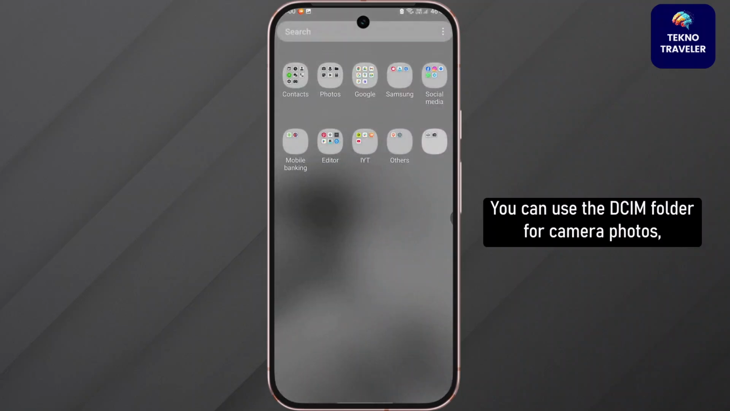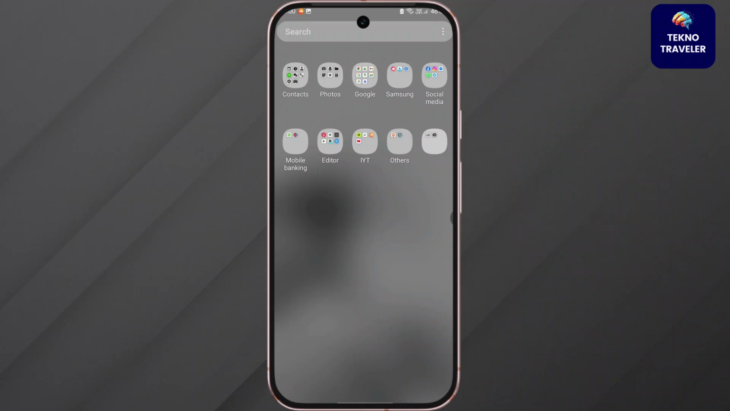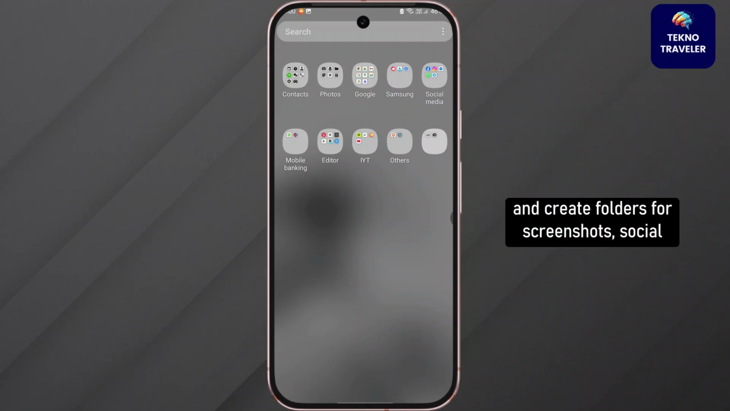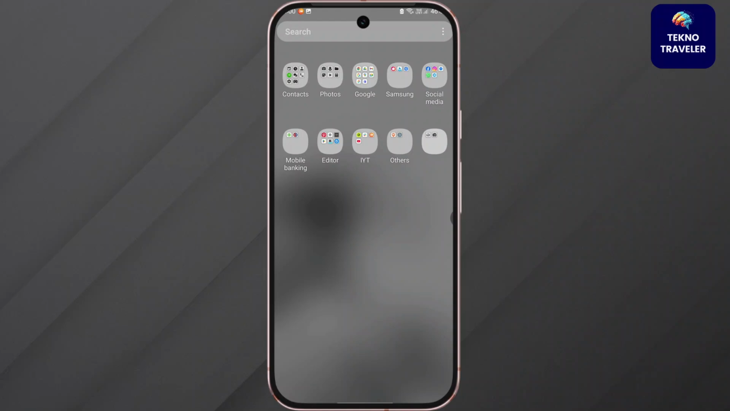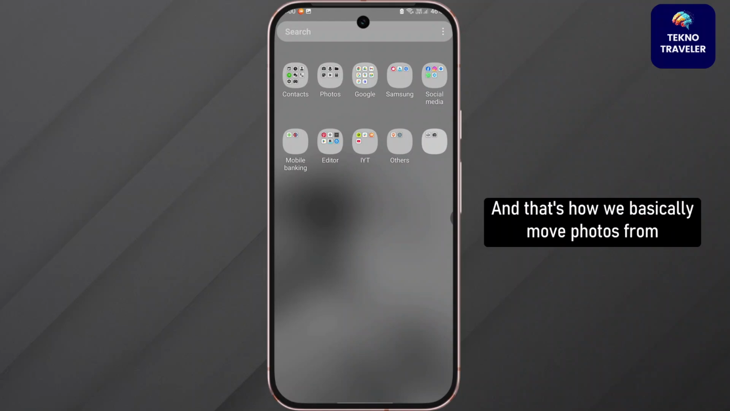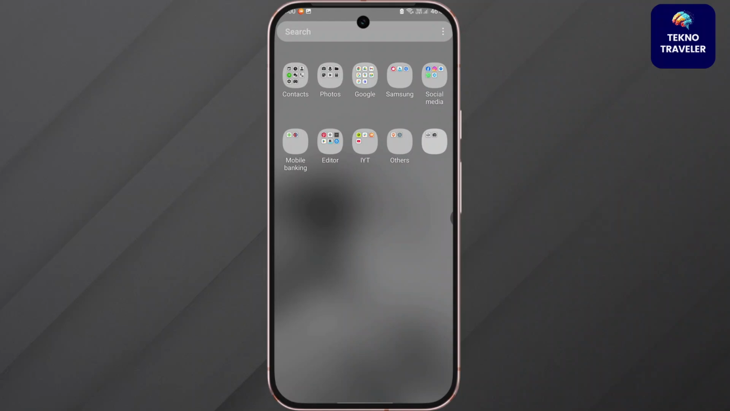You can use the DCIM folder for camera photos, use picture folders for downloads and edits, and create folders for screenshots, social media, and work as well. And that's how we move photos from files to gallery and organize them very easily on